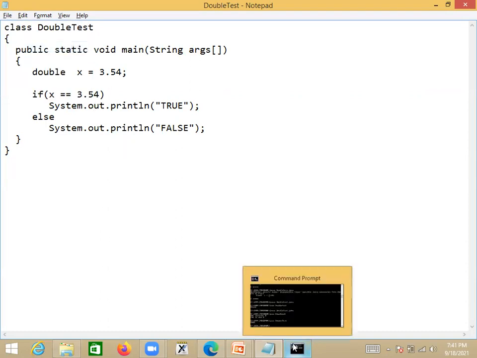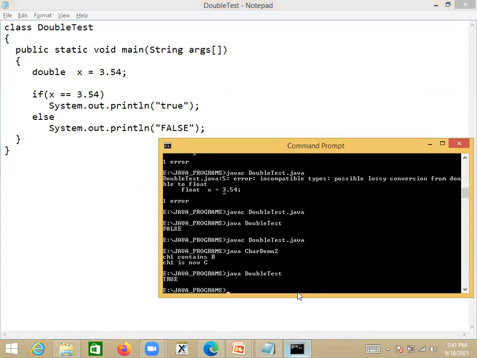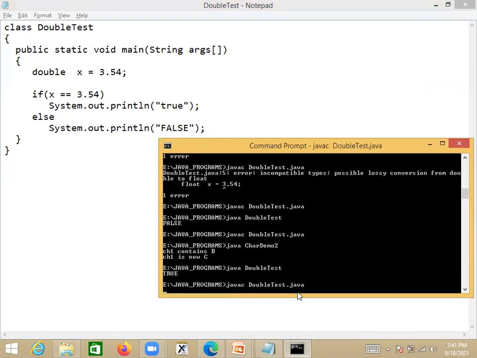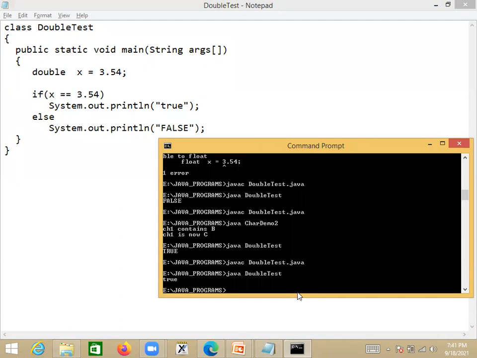This time, for a change, I write this in lowercase so that you will come to know whether it has printed the same thing or not. Otherwise you may think the previous program is executing. Yes, true, it has printed.